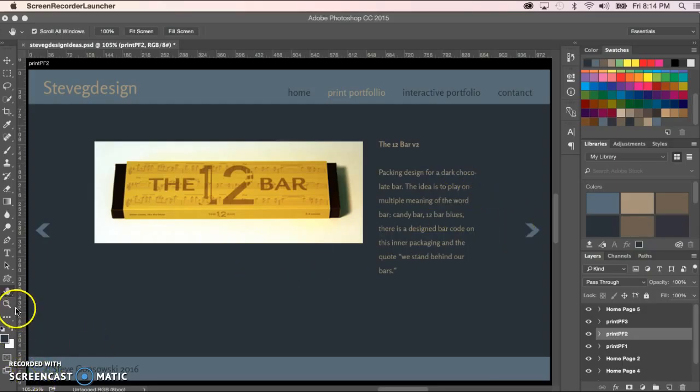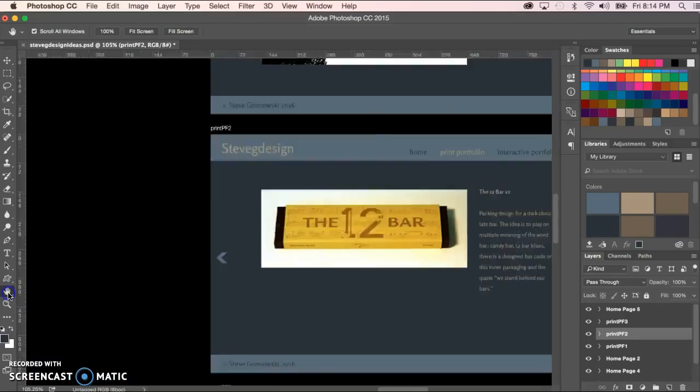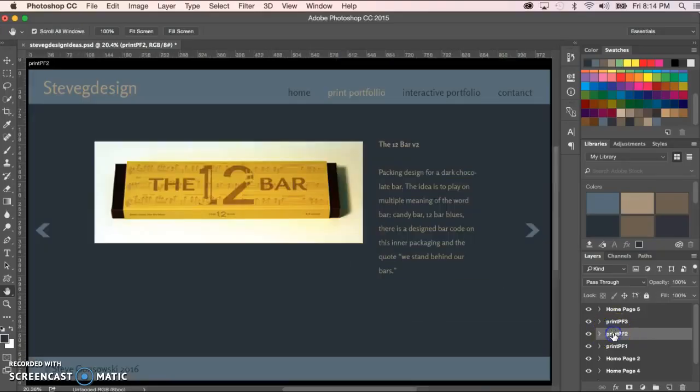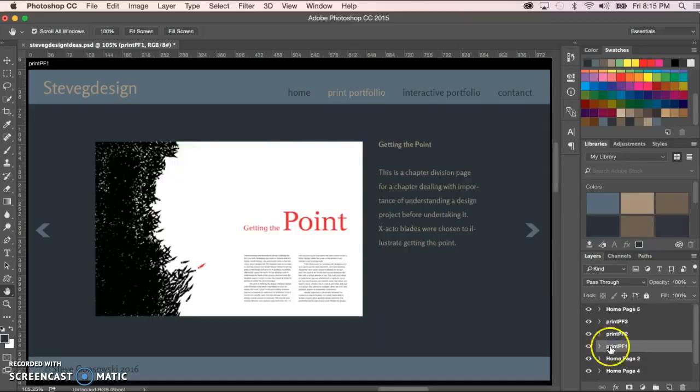In the meantime, I wanted to mention that if you double click on the hand tool when you're working with artboards in Photoshop, it doesn't work like it does in most of the programs where it zooms you in on one artboard. To do that, you Option click on any given artboard in the layers panel. So I'm simply holding down the Option key, click on the artboard, and that particular